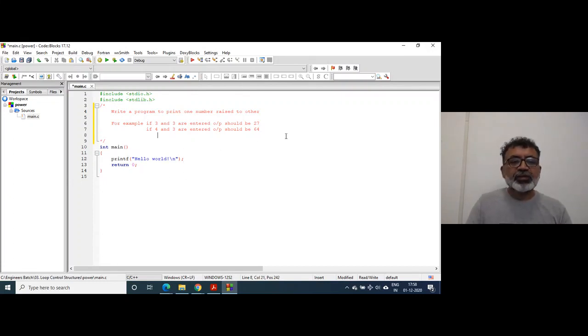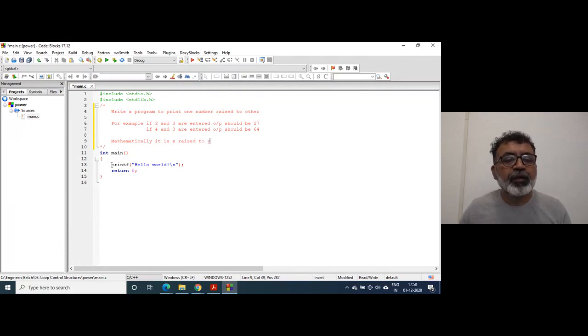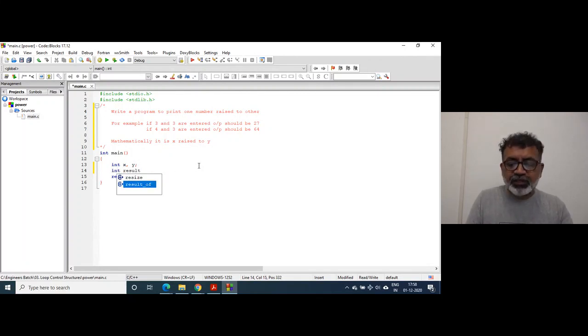The general statement mathematically is x raised to y. I will take two numbers. I'll declare x and y, and an int for the result.